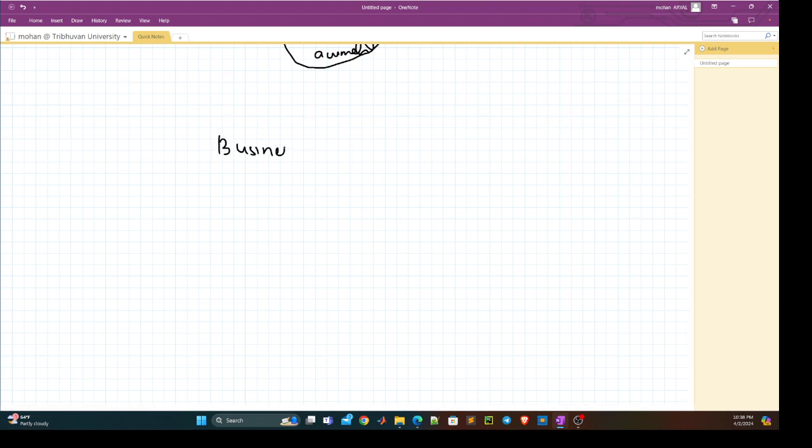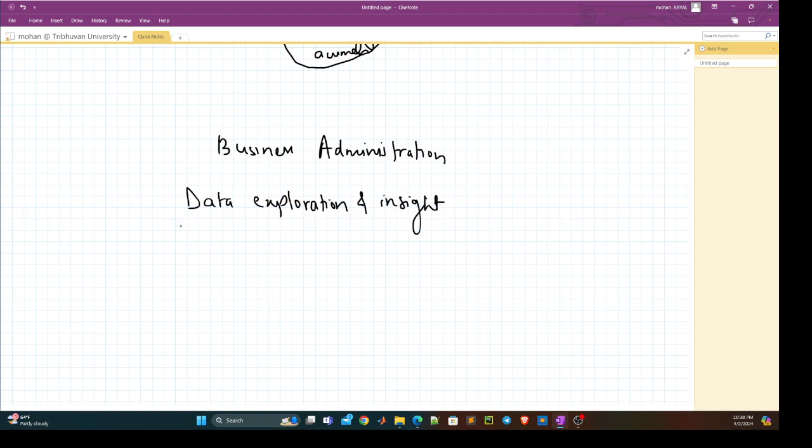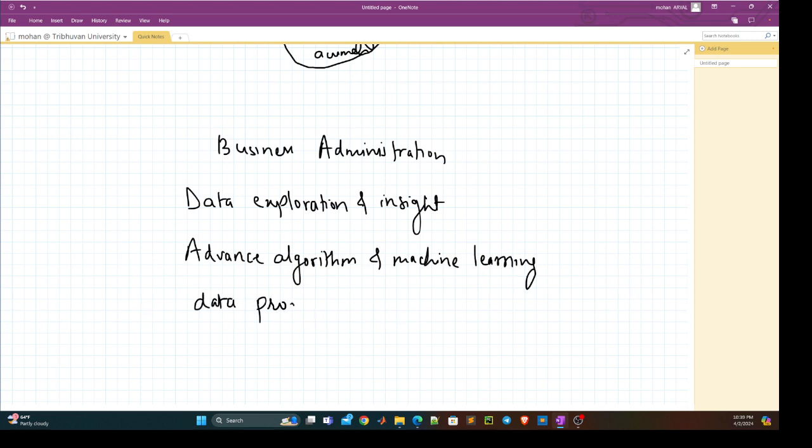And here is a business administration, and here is data exploration, and insight, and the third one is advanced algorithm and machine learning, and data product engineering. Data product engineering,